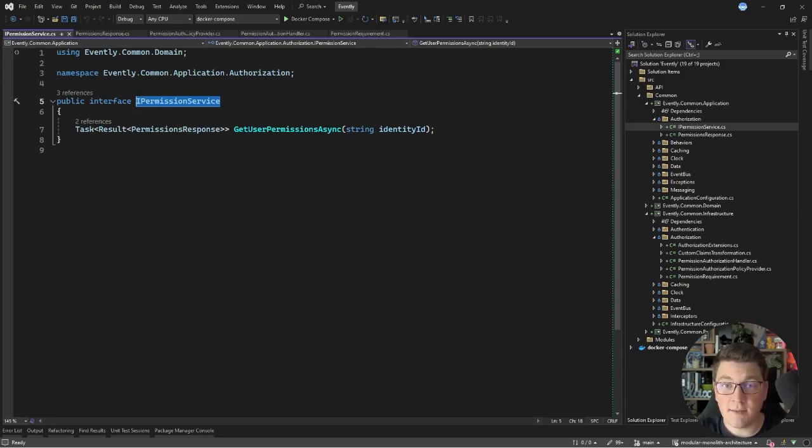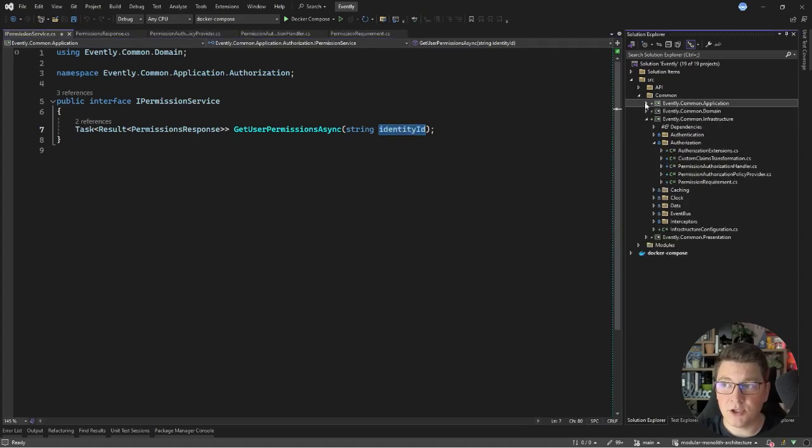You're going to see an example of this in one of the next chapters, where we are going to extract one of the modules into a separate service, and we will have to solve authentication and authorization in a microservices environment. For now, just remember that this is a simple abstraction to obtain the user's permissions based on the provided identity ID, and is going to be implemented in the users module. We're going to add the implementation in just a moment, but I want to show you where this is actually